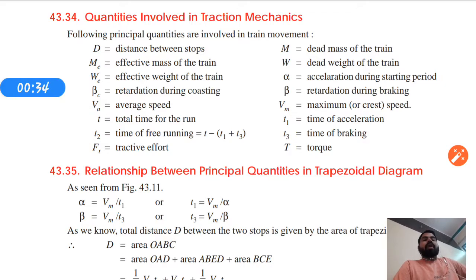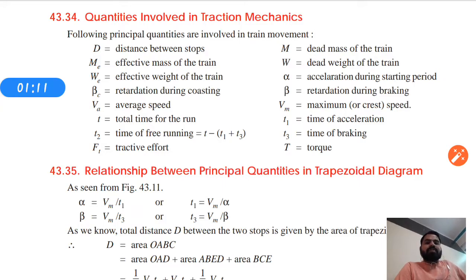There are the following quantities: capital D, which is the distance between the stops; capital M, the dead mass of the train; capital ME, which is the effective mass of the train; W, which is the dead weight of the train; WE, which is the effective weight of the train; alpha, acceleration during the starting period; beta C, the retardation during coasting; beta, the retardation during braking; VA, the average speed; VM, the maximum or crest speed;